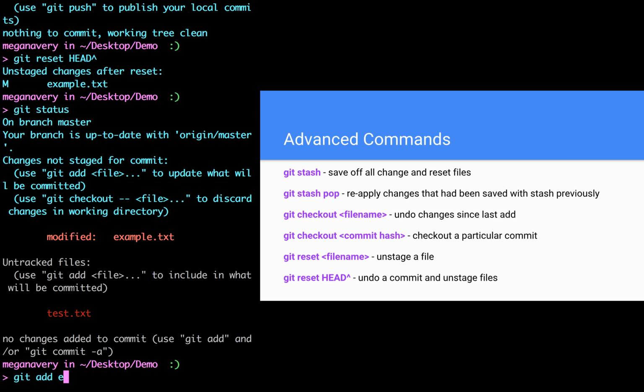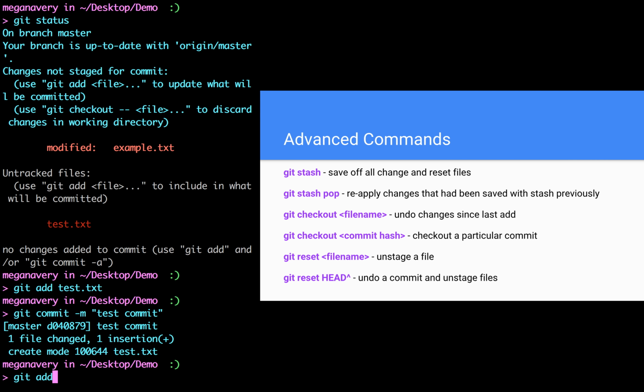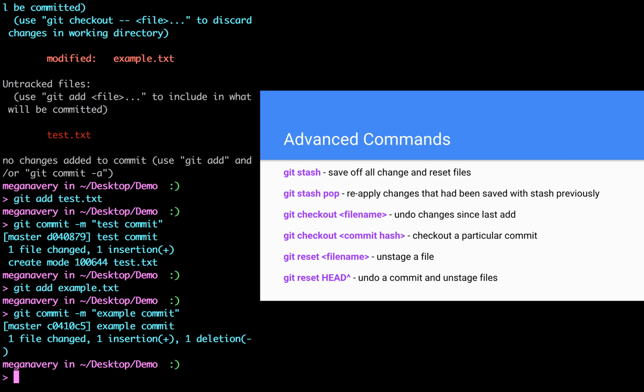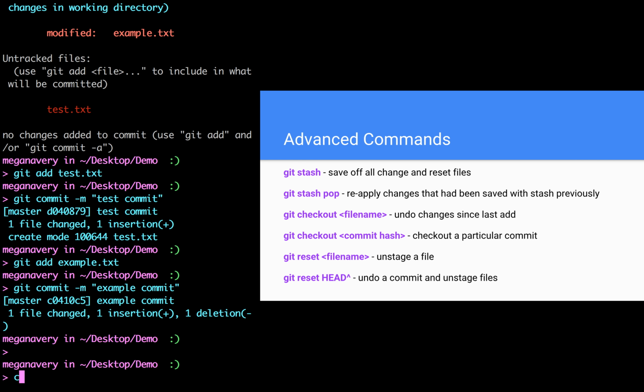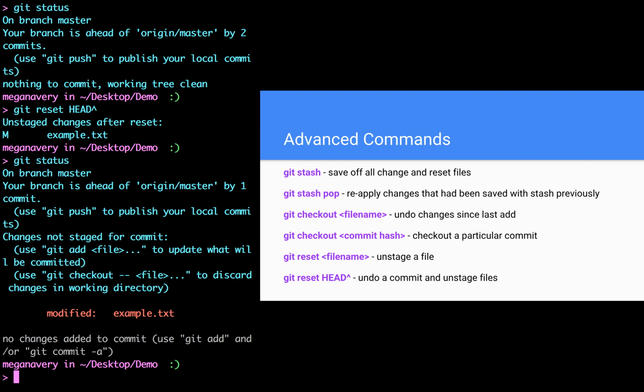So let's say that I do a git add for test.txt, and then do a git commit -m test commit, and then do a git add example.txt, git commit -m example commit. So now I've done 2 separate commits, one for each file. Then if I do a git status, I can tell that I'm 2 commits ahead of master, but I've decided I want to undo the commits. So I'm going to do git reset HEAD^. And if I do git status,